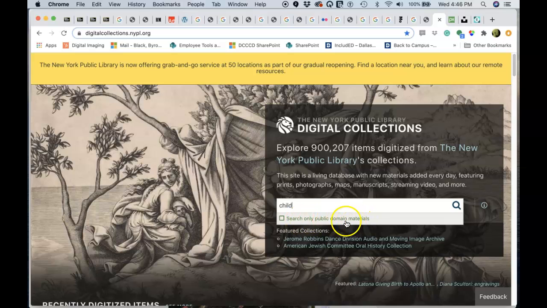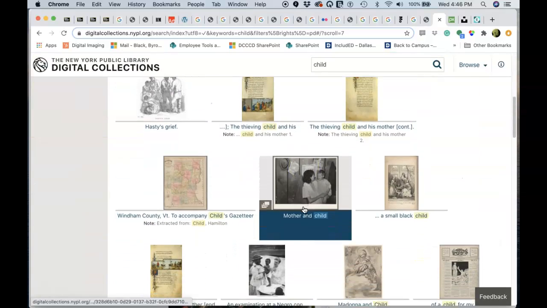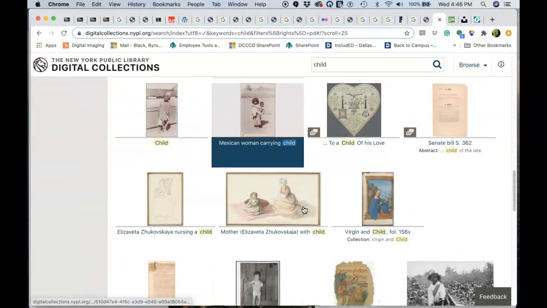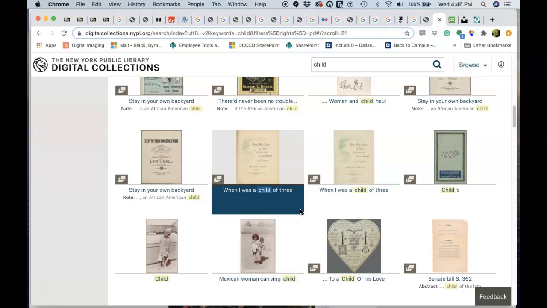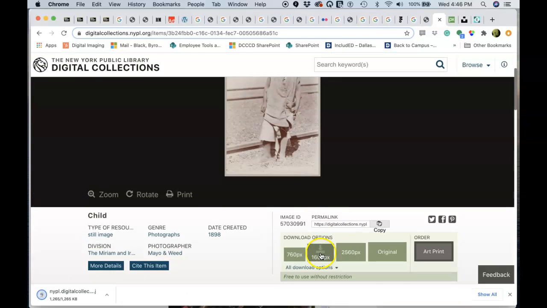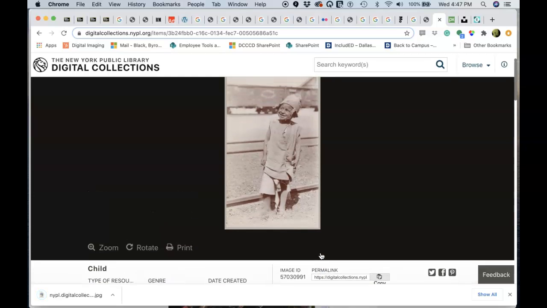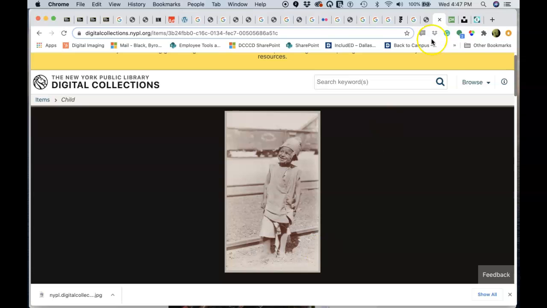Make sure that you are looking for the public domain materials, right? If you make sure that's ticked, you might actually get an image that is legitimate and free, and you're not going to have to worry about it being a copyright infringement. Do your search, and now we can be relatively assured that these photos are going to be legitimate, that you can use them. You can download this to your computer, open it up in Pixlr or in Photoshop, and incorporate it into your digital collage. Likewise,